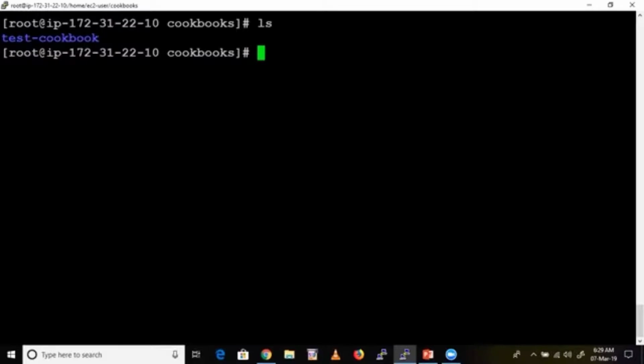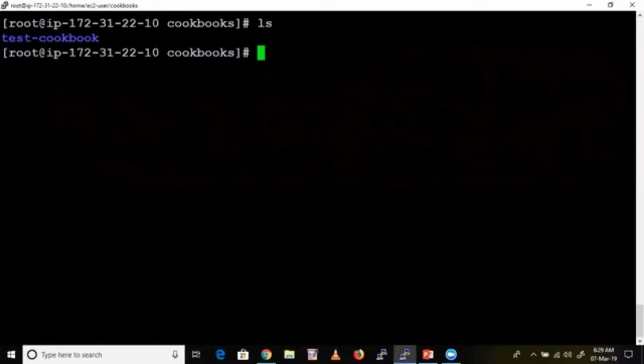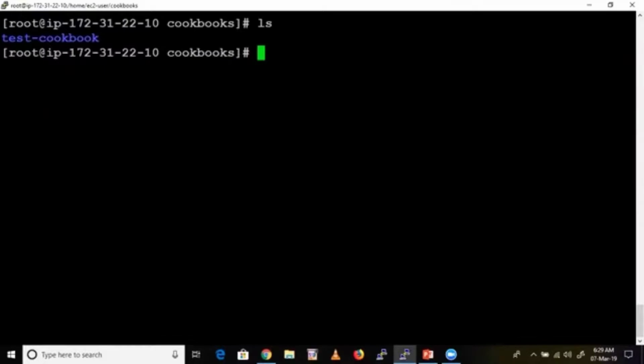First, we'll open that recipe and we'll put some code. So how to open that recipe? You need to give the path, right? The recipe name is test-recipe.rb. Now we need to open this file. So vi. But test-recipe is in which location? Is it in my current directory? No, it is inside the recipes folder.